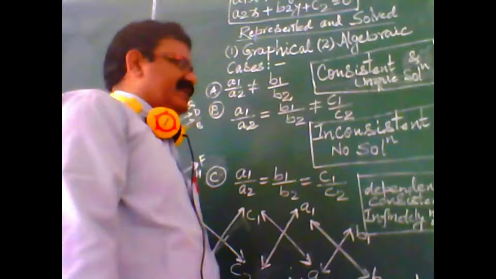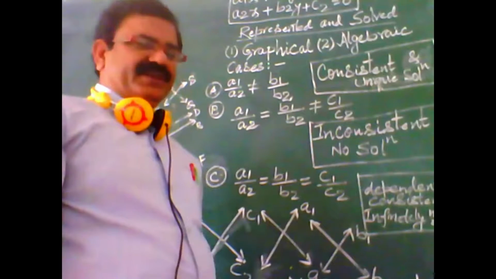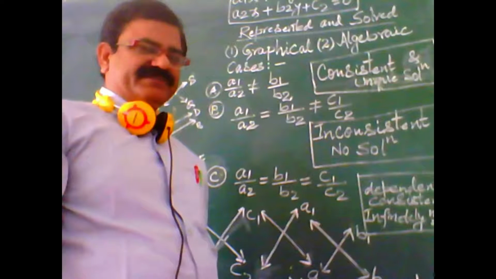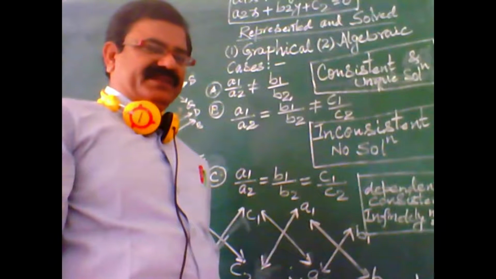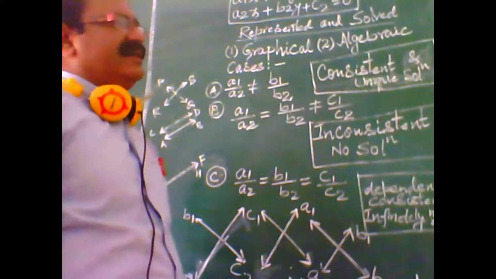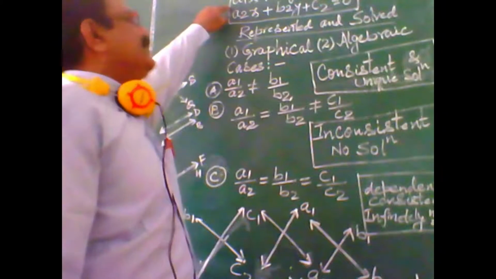In previous classes, this pair of linear equations in two variables was covered in exercises 3.1, 3.2 and 3.3, and in these exercises the pair of linear equations was in the form of